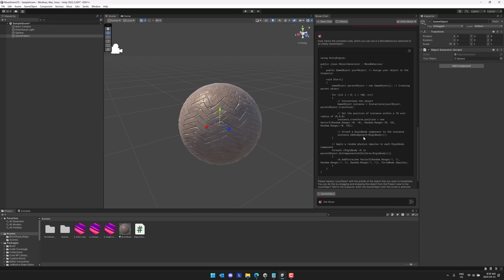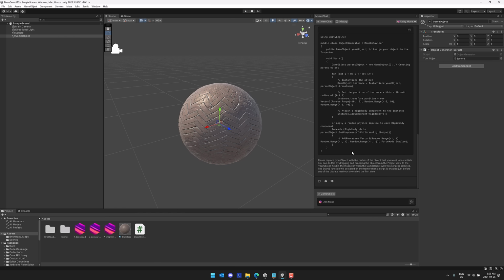But that's a quibble and something that will come in time. I would actually give Muse Chat a thumbs up. Now, again, this is very much a specialized version of ChatGPT. So if you're paying for ChatGPT, you're not going to get much out of this. But if you're using Unity only, this does add to the Muse AI proposition in terms of justifying that $30